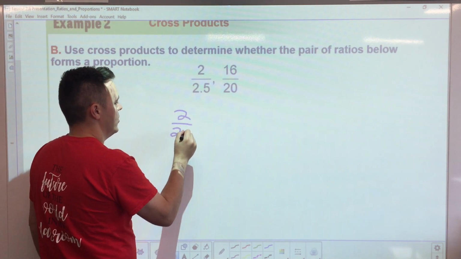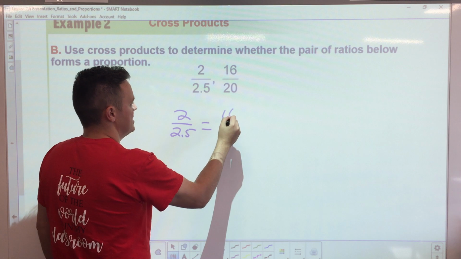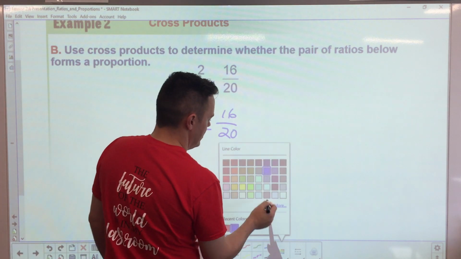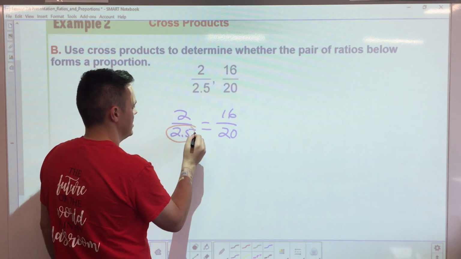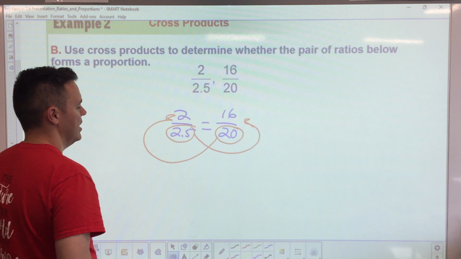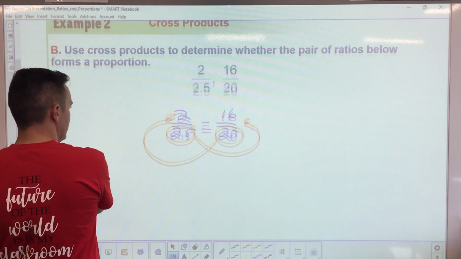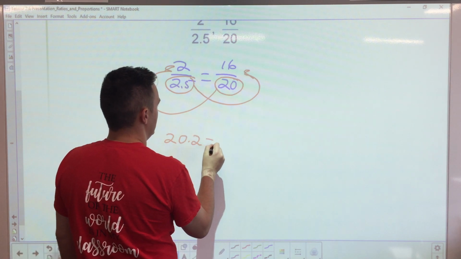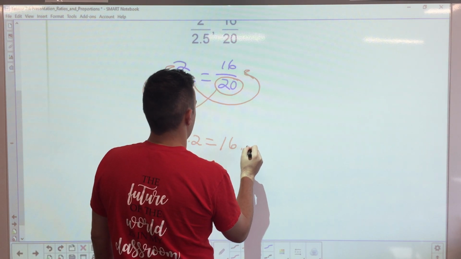2 over 2.5 equals 16 over 20. All right, then you're going to cross multiply it. This is going to go over to here. That's going to go over to there. Okay? And then what you do, ladies and gentlemen, is when you multiply it out, you have 20 times 2 equals 16 times